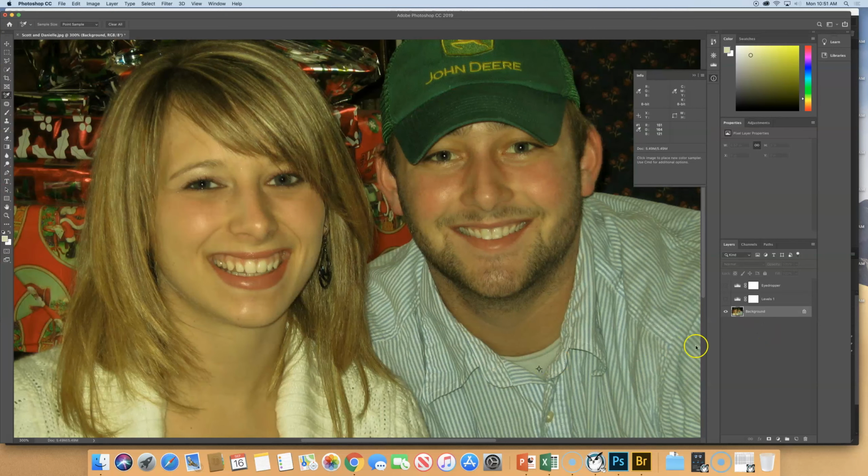By doing that, wherever my cursor is now, it's measuring what's underneath it. Do you see how these numbers are changing, most of them? I'm going to just move off to the side here because I don't care about that. What I care about is where I made that number 1 sample point right down here in his t-shirt. And here's the measurements that it came up with: red, 151, green, 164, and blue, 121. If this is neutral gray,